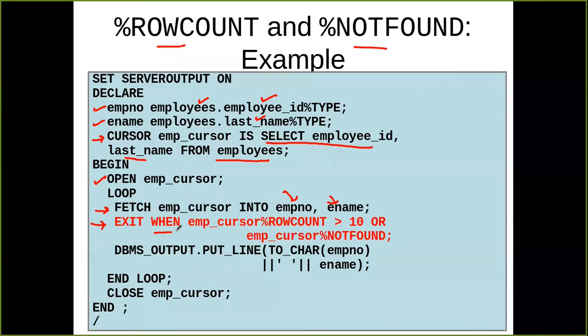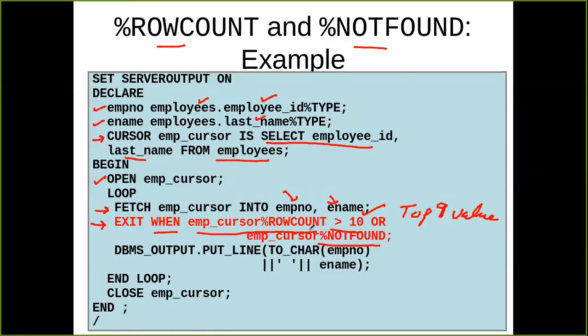Exit when employee_cursor%ROWCOUNT is more than 10. That means I just want to print the top 9 values. As soon as my row count goes to 10, this loop will be terminated due to this condition. Or the second condition is employee_cursor%NOTFOUND. When either of these two conditions becomes true, my loop will be terminated.